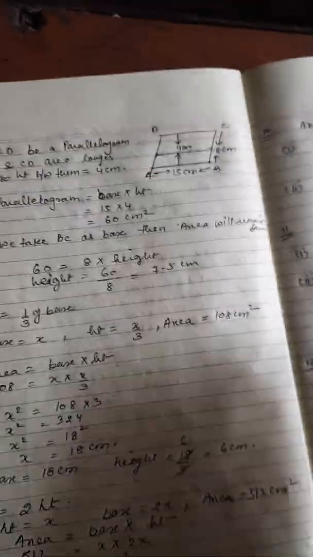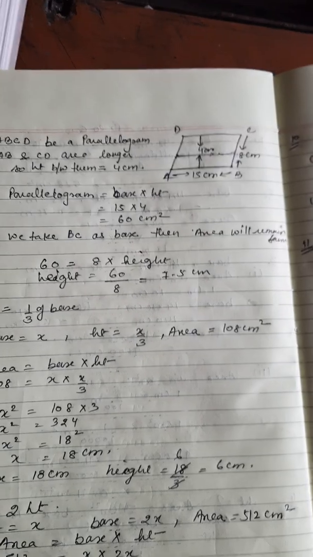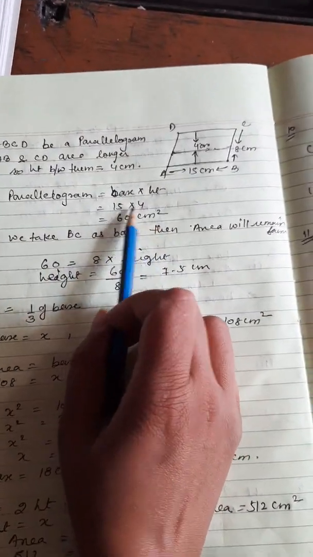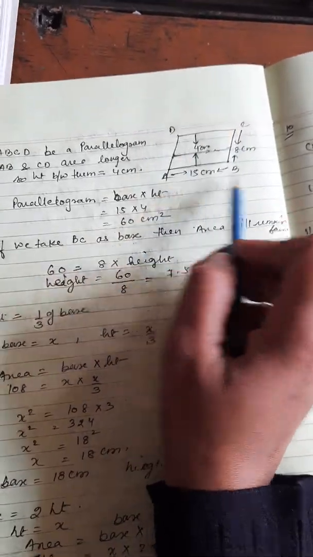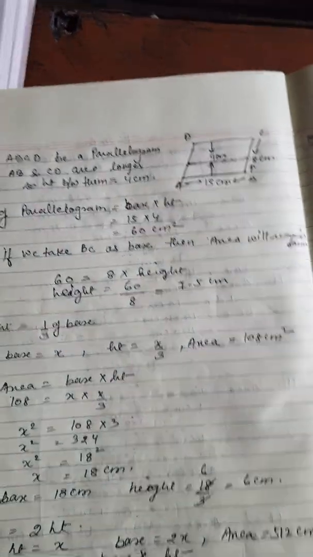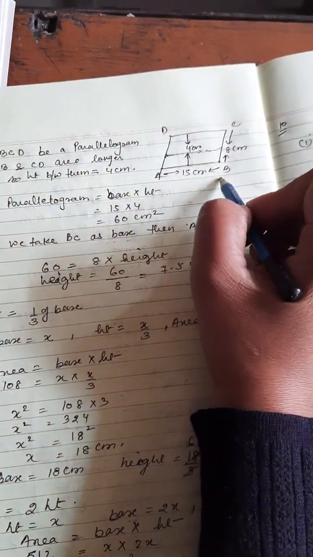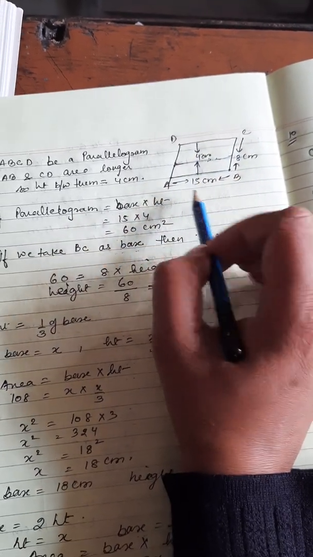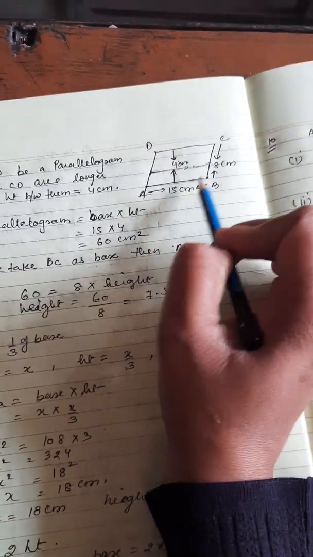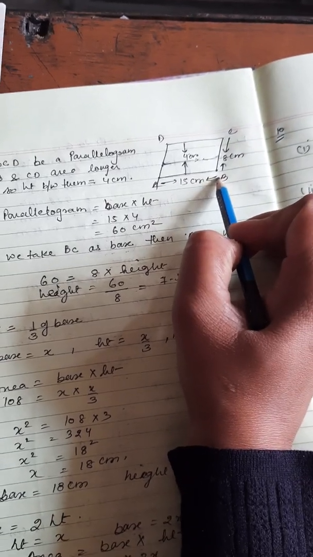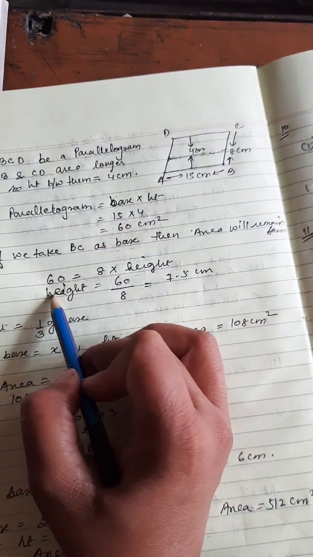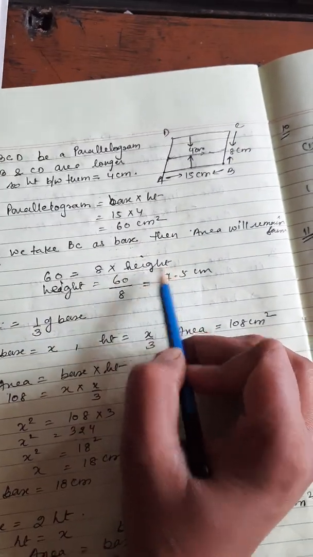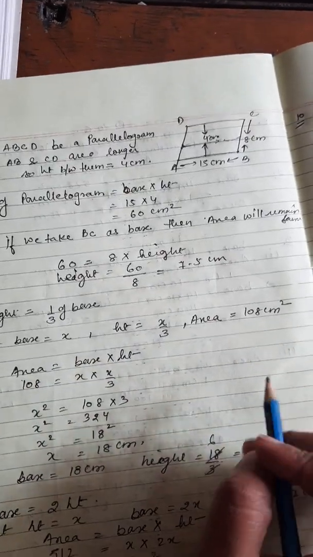Now in question number 7, what do they have to find? The area of a parallelogram we have to find. Given it's 15 into 4, 60 centimeter square. So they want the height between the other two parallel sides. So 15 and 4 is given, so I can find the area of this given parallelogram. This area will remain the same when I take the base as ABC also. So when the area is the same, 60 is equal to the base I have considered as 8, then height I don't know. Then again I find the value of height.